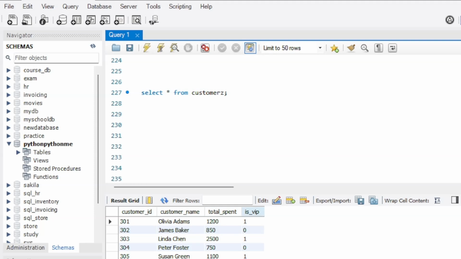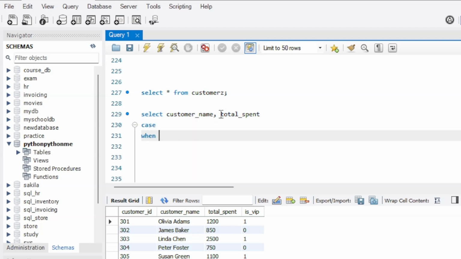On the basis of that column total_spent, we can also tag a particular customer as premium or regular if their spending is greater than 1,000, or I don't know if it is dollars or not, I do not care, but that's the criteria that we are going to go with. So for that we write select customer_name, total_spent